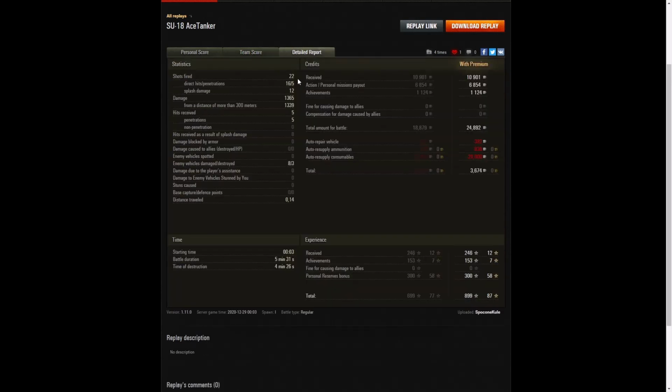team. He fired 22 rounds in that game, got 16 direct hits and 5 penetrations, 12 splash. Damage of 1,365 hit points, of which 1,339 were at more than 300 meters. So you can see a few close rounds, but most of it was at long range. He received 5 hits, and all 5 were penetrations. Most of them were machine gun rounds, or cannon rounds, and that's why they went straight through. The armor on the SU-18 is very light. According to the book, it's only 16mm thick, but the actual SU-18 was only supposed to be 5mm thick